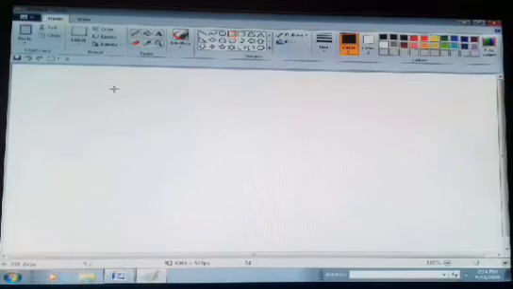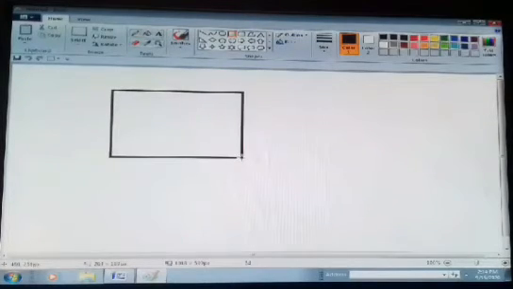Suppose that I have selected the rectangle shape. When you select any shape, your mouse pointer will change to a plus sign like this. Then you have to bring your mouse pointer into your drawing area and left click, and without releasing your mouse button you have to drag like this.